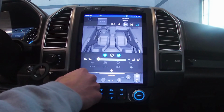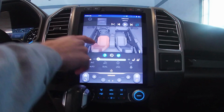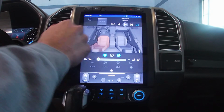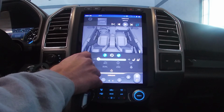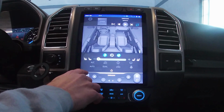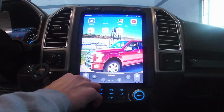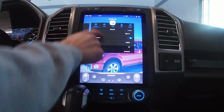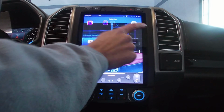It's all there. The other thing is kind of neat. I like they actually have a little graphic there where it lights the seat up red for your seat heats and even varies it depending on how warm you have it set. Pretty cool little feature. Back to home. Home is always there. Back is always there. This is your Android menu where you can open and close